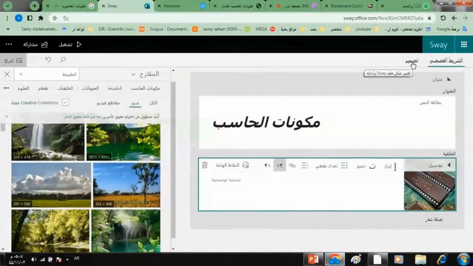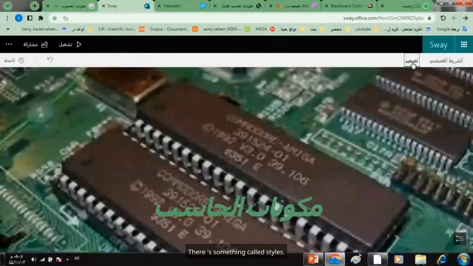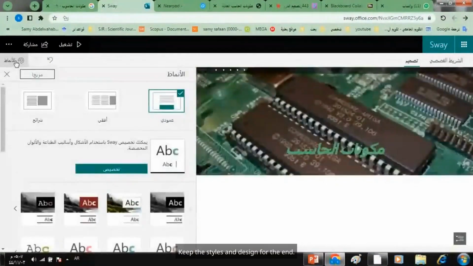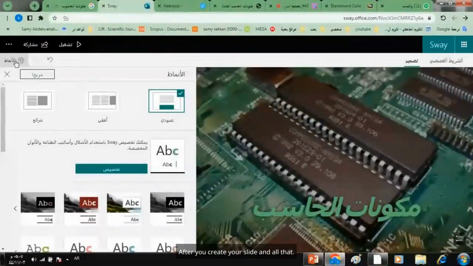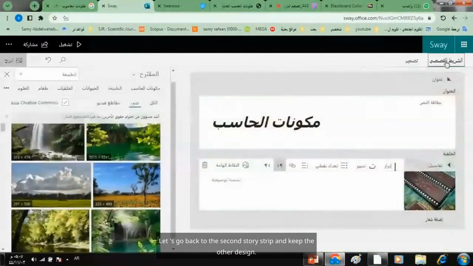In design, there's something called styles. Keep the styles and design for the end, after you create your slide and all that. Now we will see the surprises here. It will give you amazing possibilities in design. Let's go back to the second story strip and keep the other design. After I've done that,